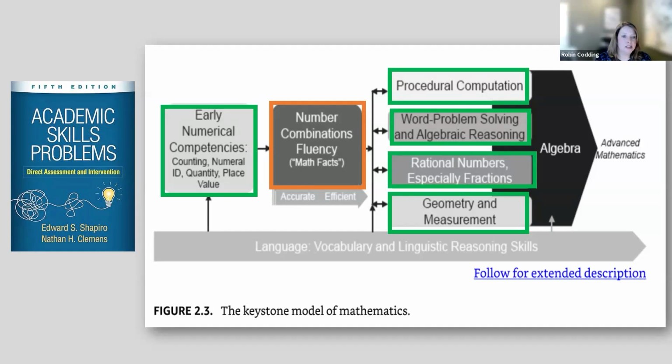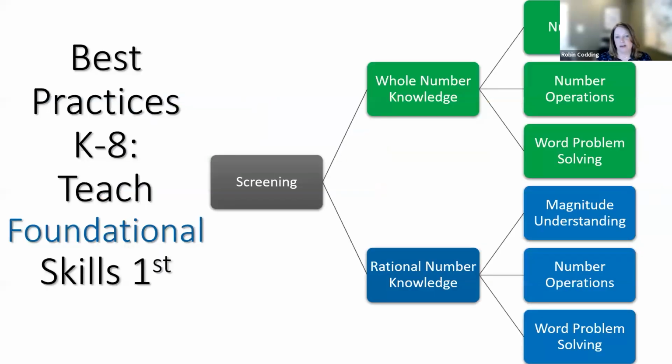With that said, it illustrates that we have to have early numeracy competencies. That leads to math fact competency, fluency and accuracy. And then from there, we look at procedural computation, word problem solving, rational numbers, geometry, and measurement. So the way I like to look at it, and I again started with that screening idea,